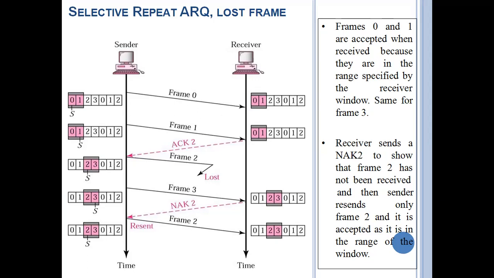We send frame 0, it is received. We send frame 1, it is also received. We send frame 2, but frame 2 is lost, so the receiver doesn't receive it. Next we send frame 3, and it is received. After receiving frame 3, the receiver identifies from the sequence number that frame 2 is lost. So a NAK acknowledgement is sent by the receiver to the sender for frame 2. After receiving the NAK, the sender retransmits frame 2. Now the sequence is 0, 1, 3, 2.